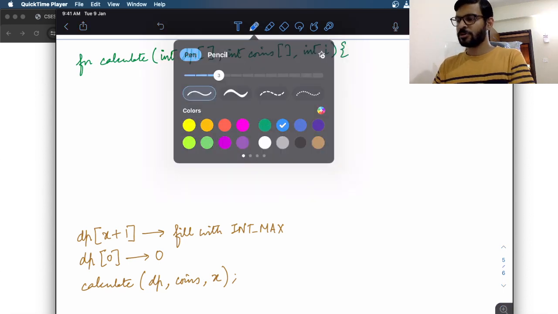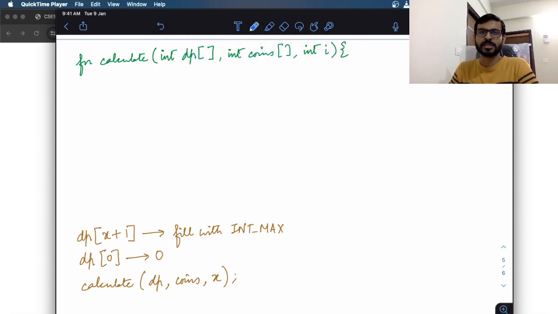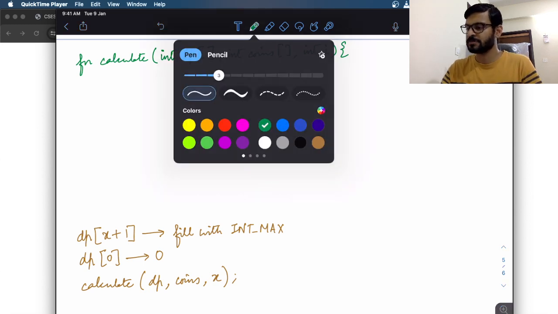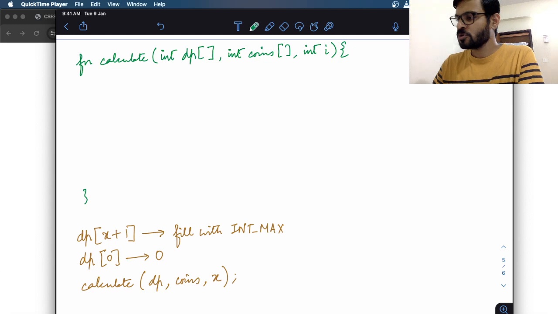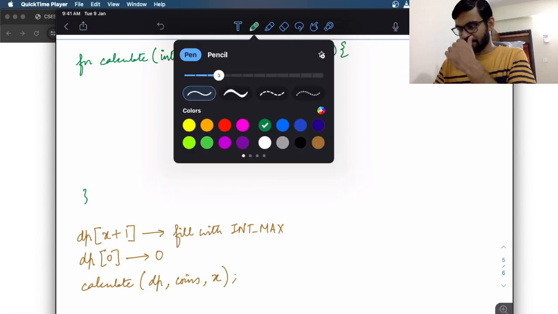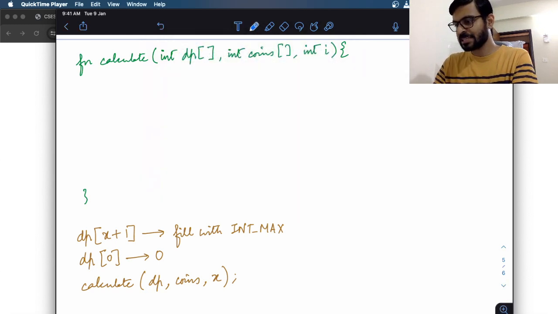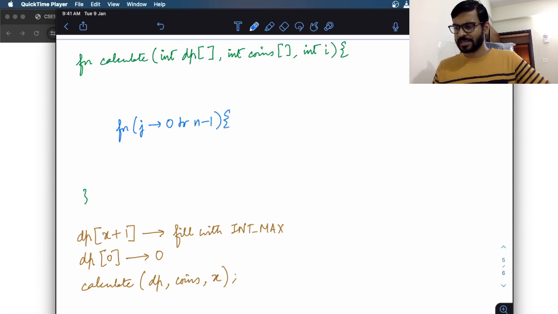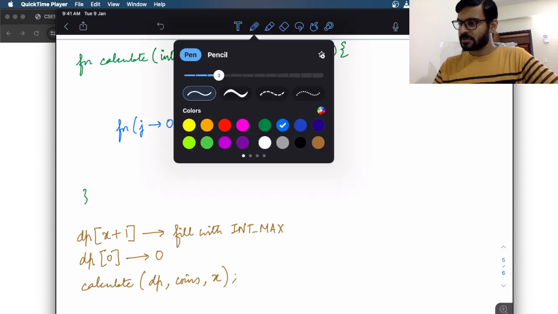Now, whenever you're doing recursion, the first thing is to assume that your subproblems are solved. Solve it based on the solutions of the subproblems. So what can you do? You can basically call a loop over all the coins. So you can use some j. J basically goes from 0 to n minus 1. N is basically the length of the coins array. You can take that as an input. And then you will say that, okay,